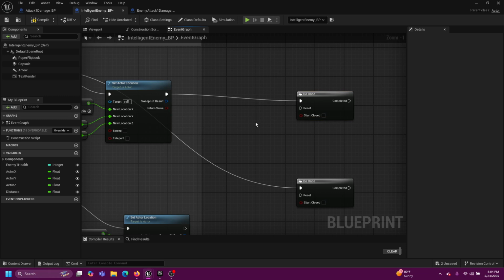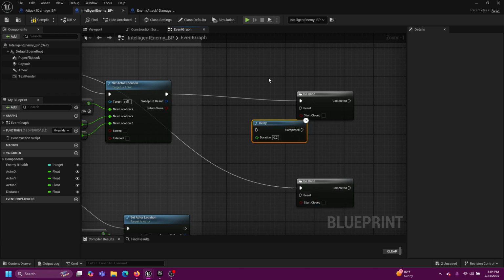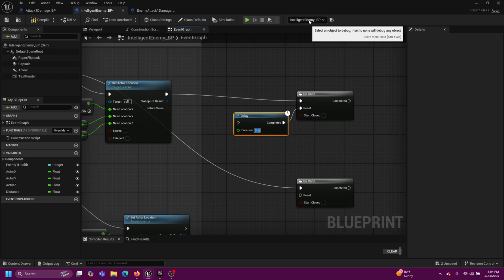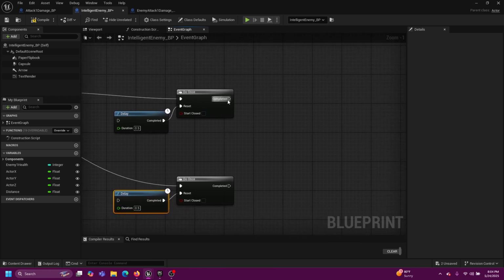Oops. Right click here for delay. Plug it in to reset, and we want a delay of 0.5. With that highlighted, Control D for duplicate, reset, and off of these,